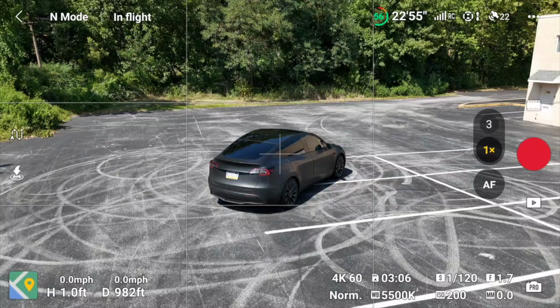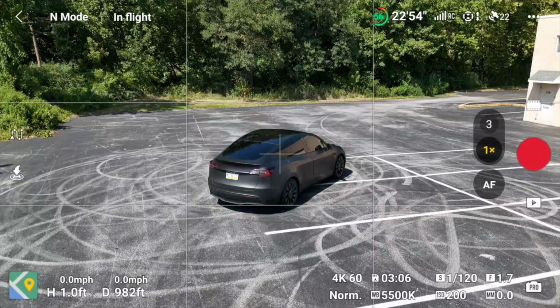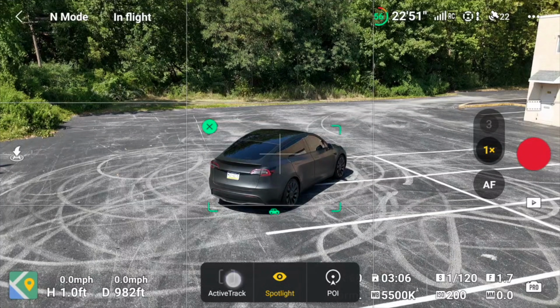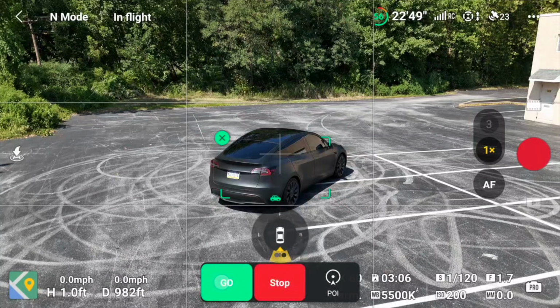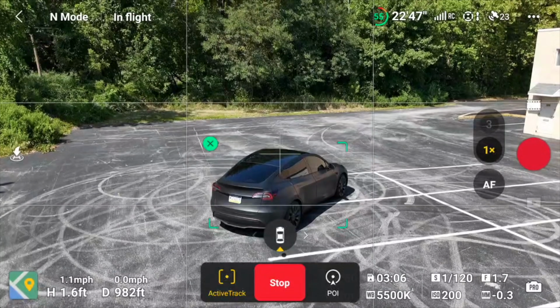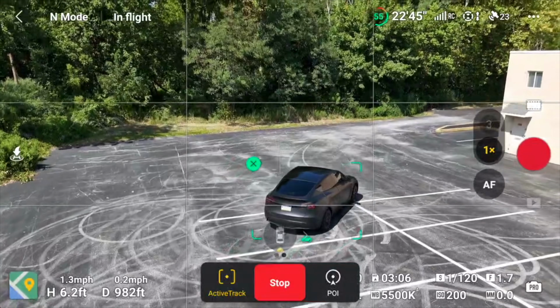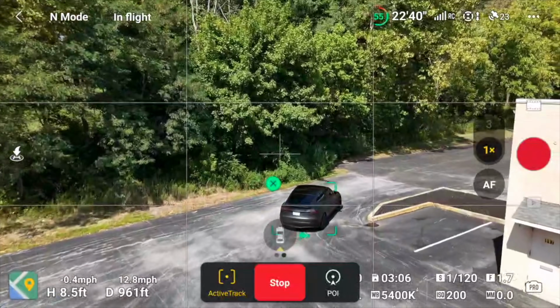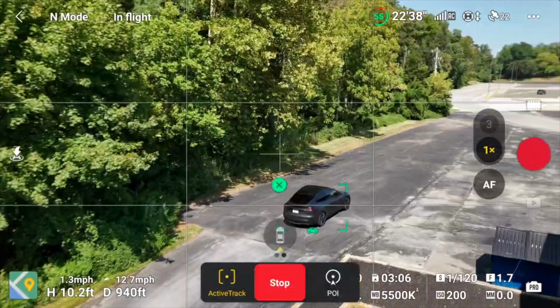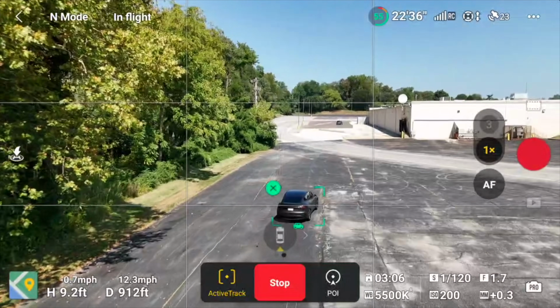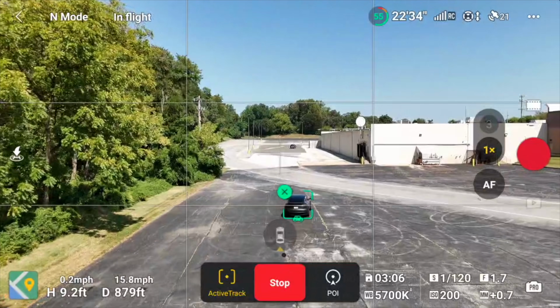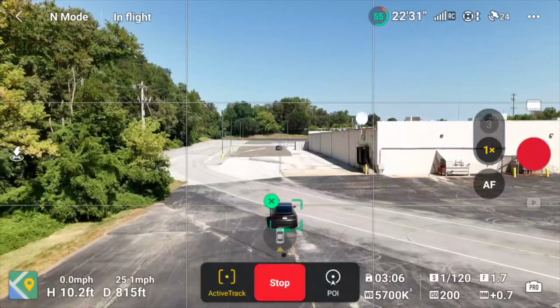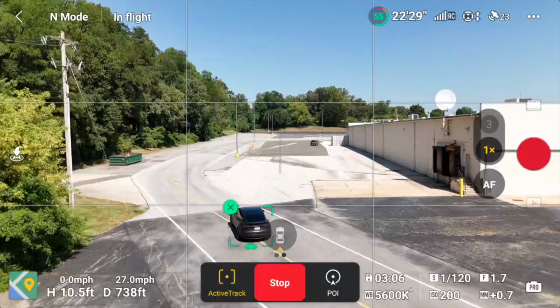Now, the way that we enable ActiveTrack is very simple. Right from the live feed on our screen, we drag our finger over the subject that we want to track, creating a green box. This pulls up our list of FocusTrack flight modes with ActiveTrack sitting on the left side. The drone will stay stationary until we make our selection and then hit go. By the way, it knows what we're tracking and then we'll tweak the drone's ActiveTrack system based on what it's tracking,